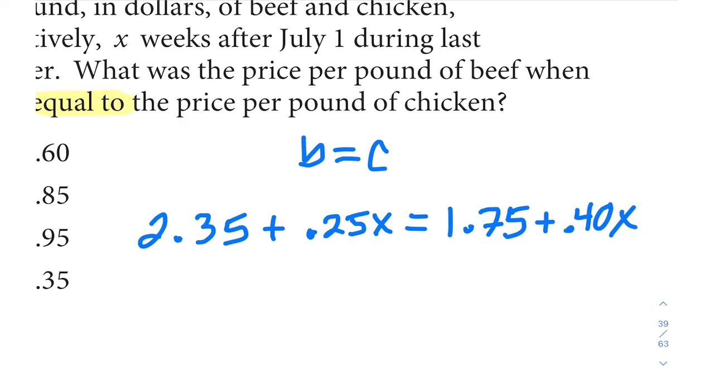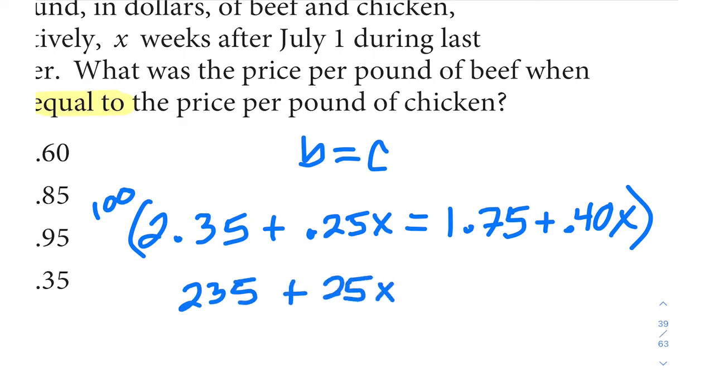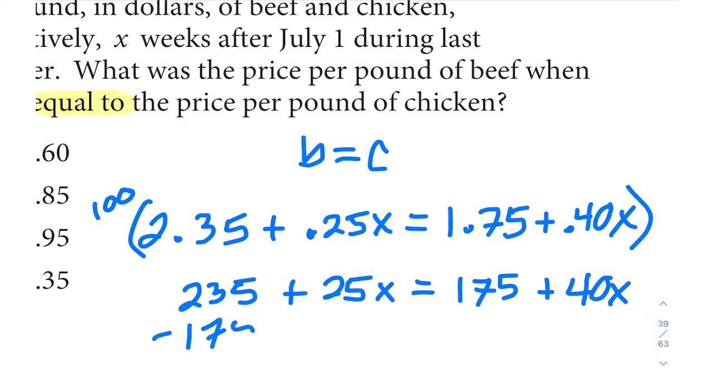When we multiply the entire thing times 100, it allows us to get rid of all of those decimals. It gives us, albeit large numbers, whole numbers, so it's maybe a little bit easier to work with. We would have 235 plus 25x equals 175 plus 40x. For a lot of people, that's just easier to manage because you don't have to track decimal places. It makes for easier math. So here you can subtract 25x from both sides and subtract 175 from both sides,